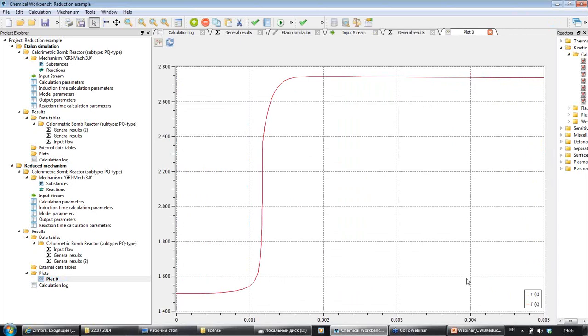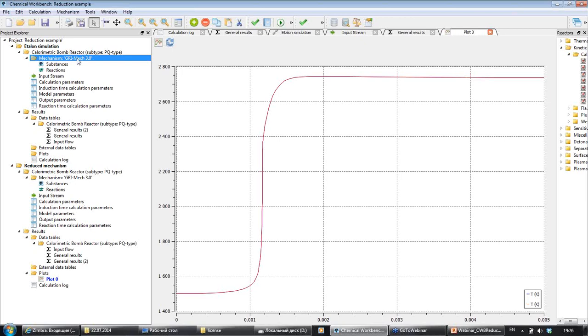So the initial mechanism is given as the blue line. The mechanism which I used in the simulation is the well-known GRI 3.0 mechanism, which describes combustion of natural gas at high temperature conditions. My task here is to reduce this mechanism